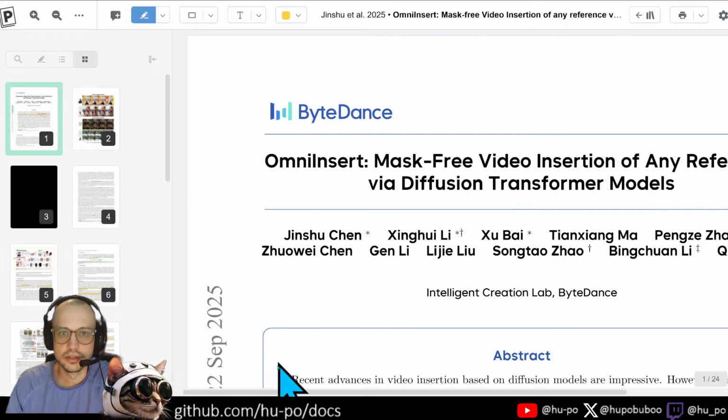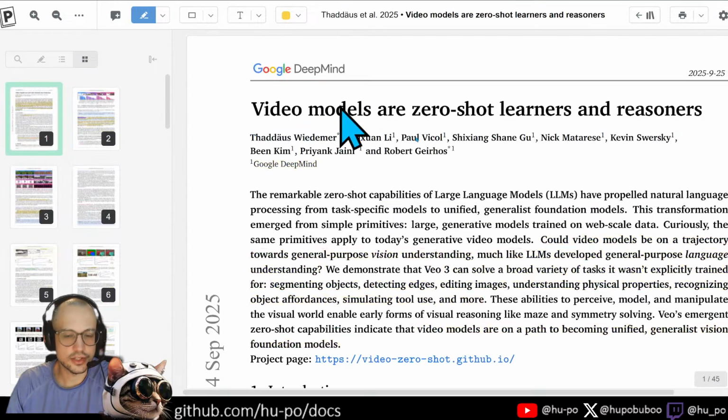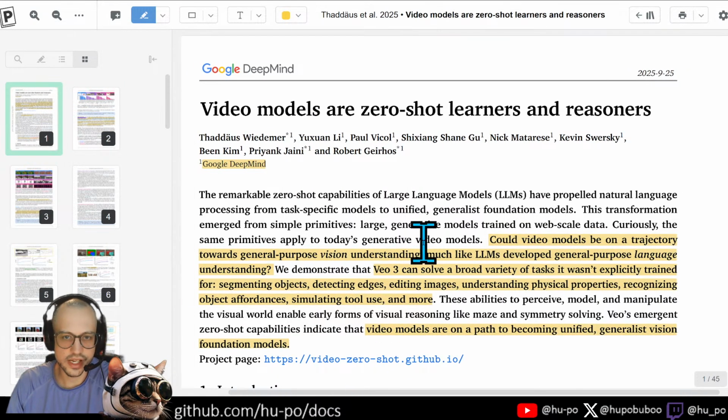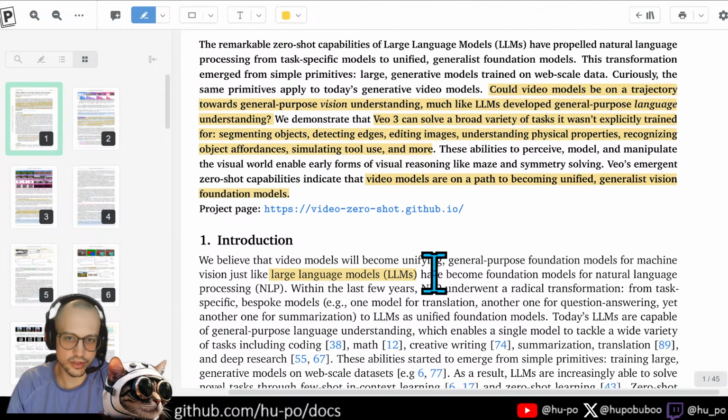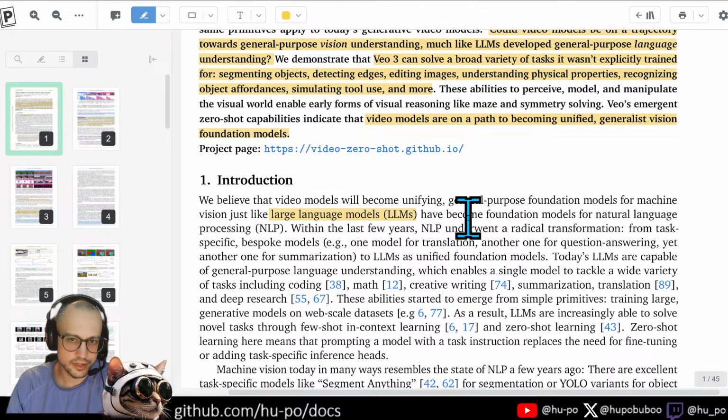Alright, guys. That's all I got. I don't have much. I just thought this paper was super cool, and I really agree with the idea they have here, that we're almost at the cusp of video generation models basically becoming the unified generalist vision foundation models, much like large language models did. So if video models become AGI in the video modality the same way that language models became AGI in the language modality,